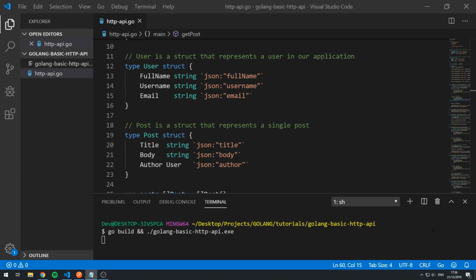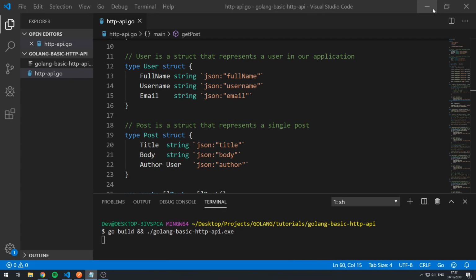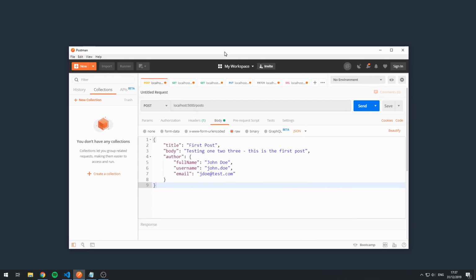In this video, we'll be building an HTTP API in Golang, and we'll be using the Gorilla Web Toolkit Mux package for the routing. So let's just do a quick demo of this API. Here I have Postman, an application that we can use to test HTTP APIs. Currently I have all of these requests set up already for each of the routes that we'll be creating